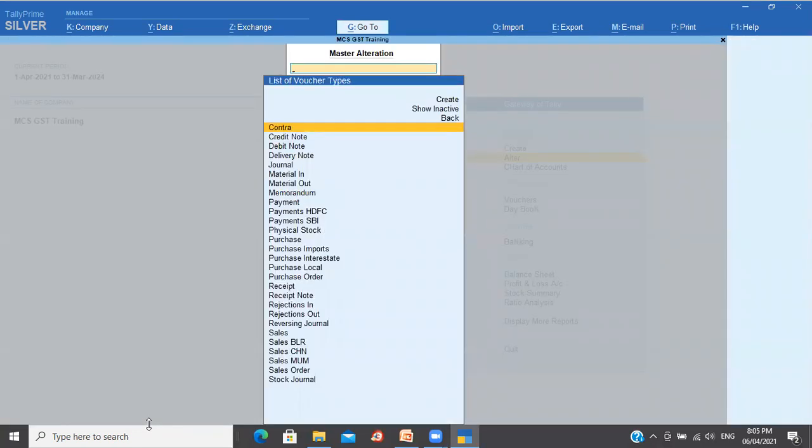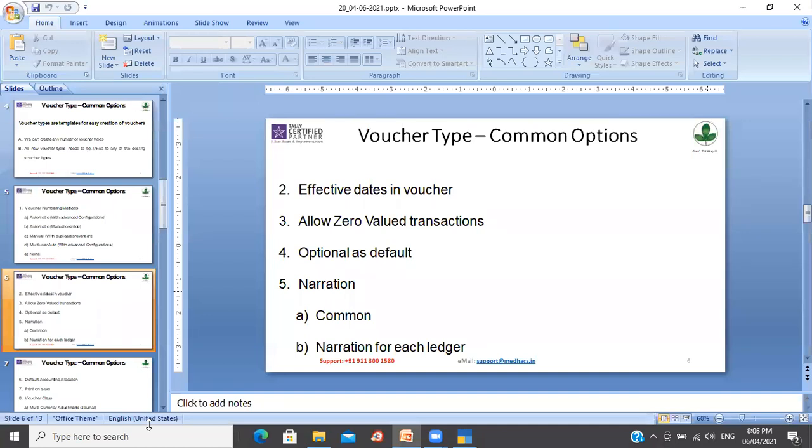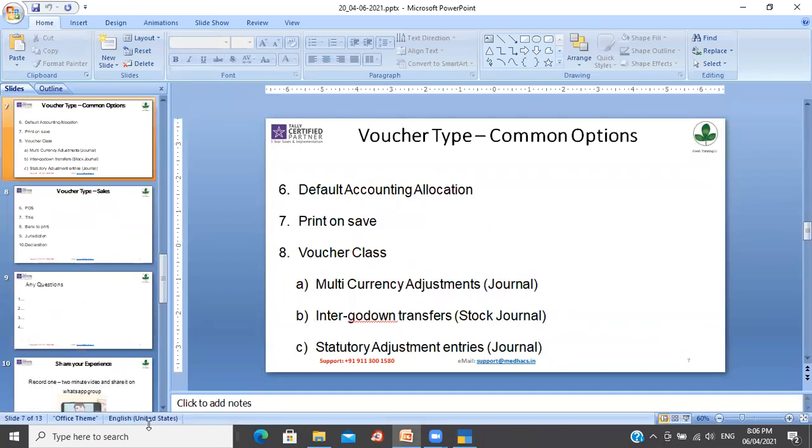That option is available in your voucher creation or alteration, where you could specify, do you need narration? Hope this is clear. Okay. Next,